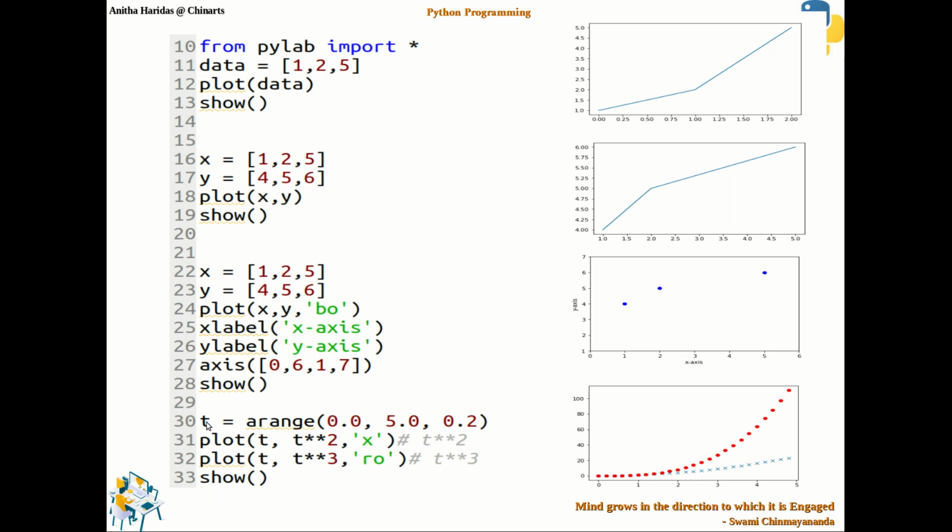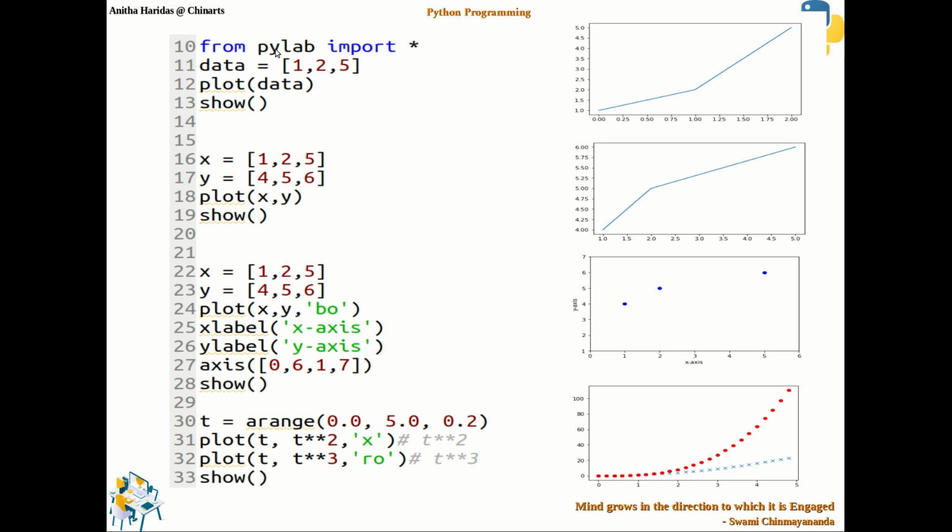I have created a data set using the arange function, and the arange function is available in the NumPy module. Using this function, I have created data called T. The interesting part here is, if you are importing from PyLab with a star, it indicates you are importing all the functions, all the libraries that are available in the PyLab module.